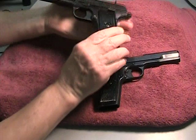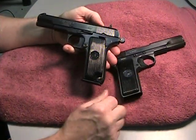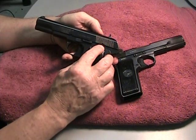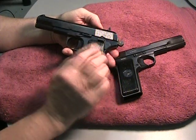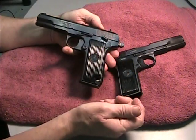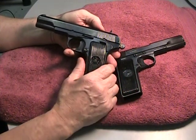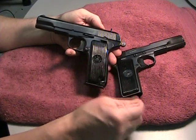Now the other thing is, it's got an actual honest-to-God safety. When you look at the other Tokarevs that are around, they have this awful thing that is forced into it, and it does work as a safety, although it's very klutzy and ugly. These actually are a nice, smooth safety. It was built in. It's an original gear on it, and I just think that makes for a much nicer